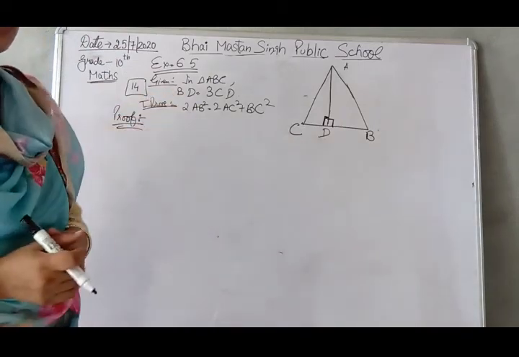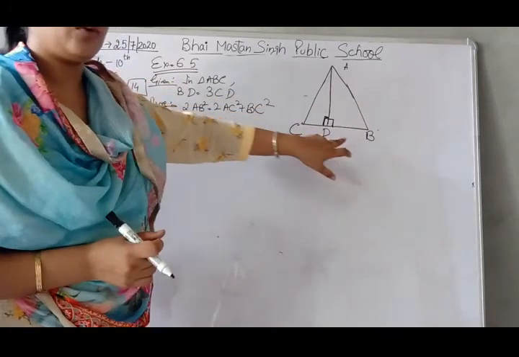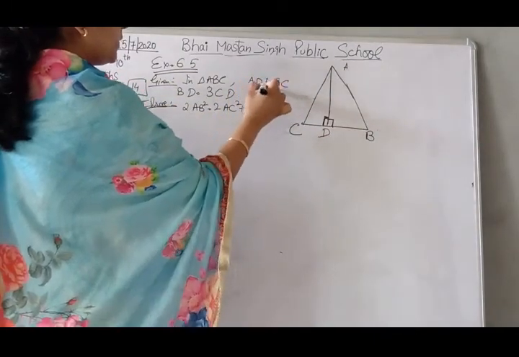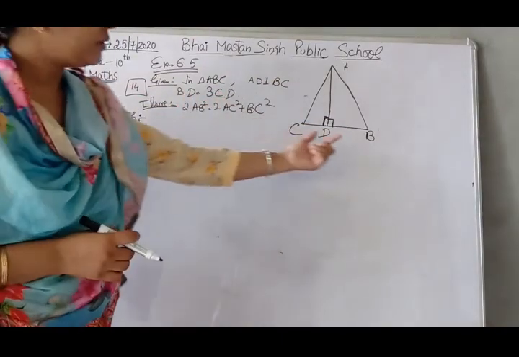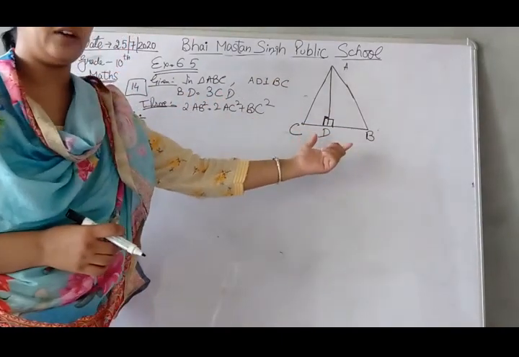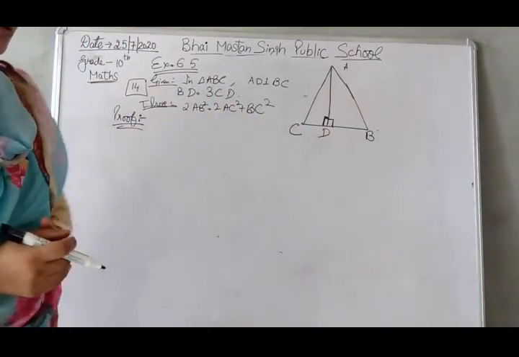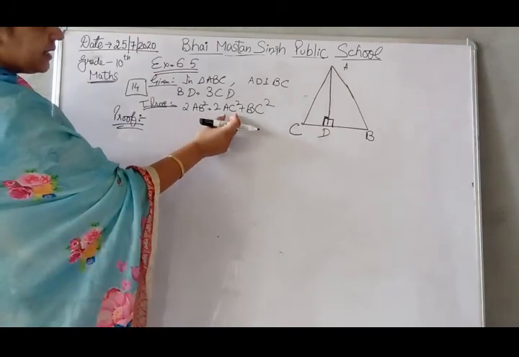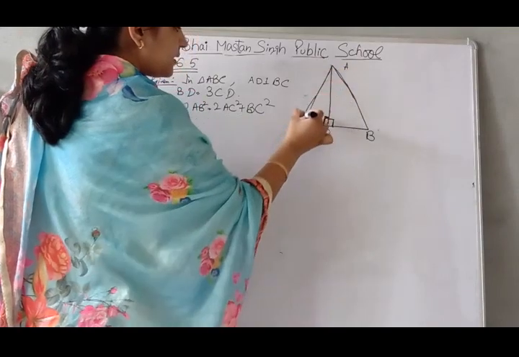In triangle ABC they have given a triangle ABC in which AD is perpendicular to BC. Also they have given BD is equal to 3CD. जो BD है वो CD का 3 times है. So we have to prove this one also. Now look at the statement firstly. AB square, AC square. It means AB square this side square and this side square.